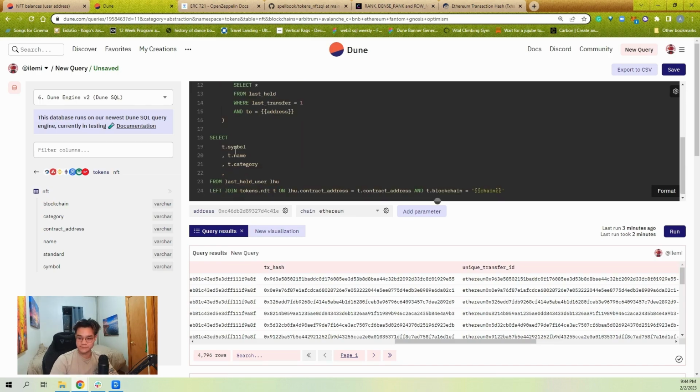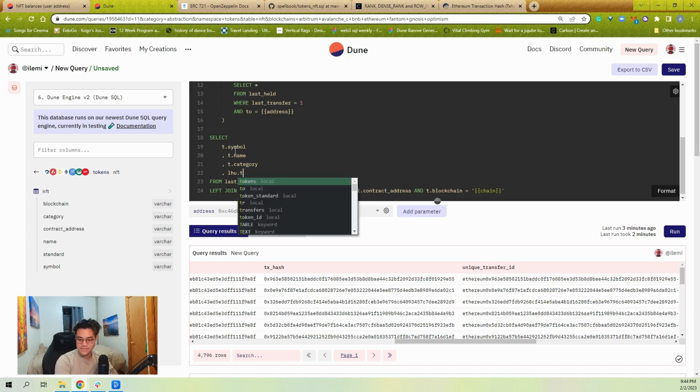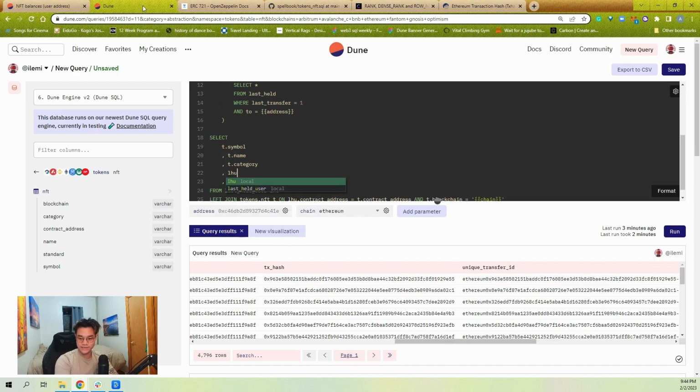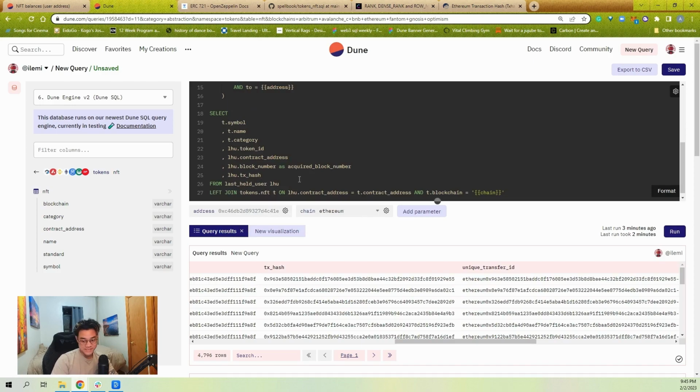And what's the other data we need? We want to have the transaction hash. We want to get the block number as the acquired block number. And we want to also keep the token ID from the transfer and the contract address from the transfer. So this is getting us closer, but what we want last is we want the value,